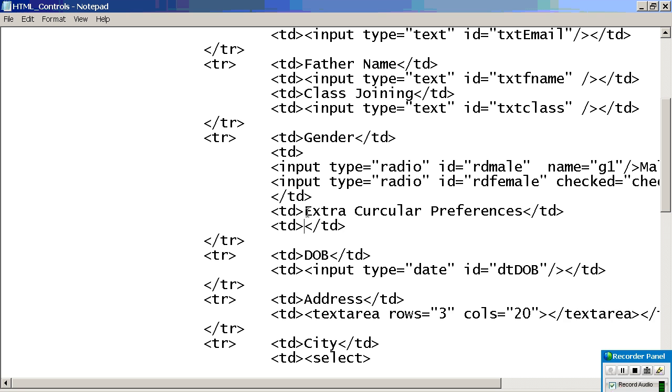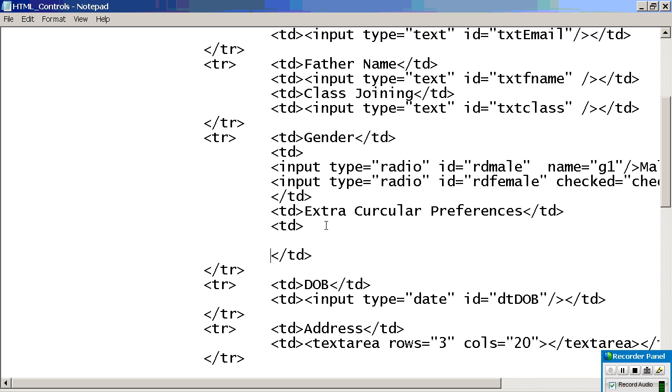Here what we can write is check box. I write some preferences. So what is the option? Input type equal to radio button, like we have seen up to now. Next, check box.